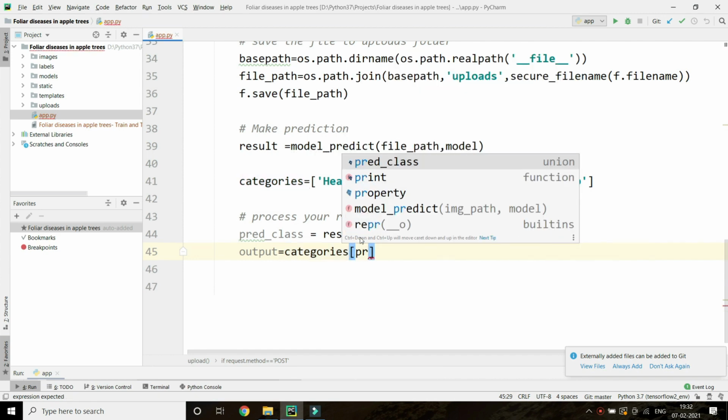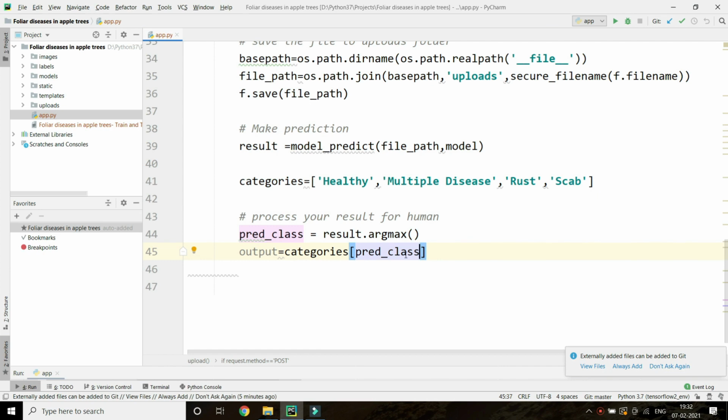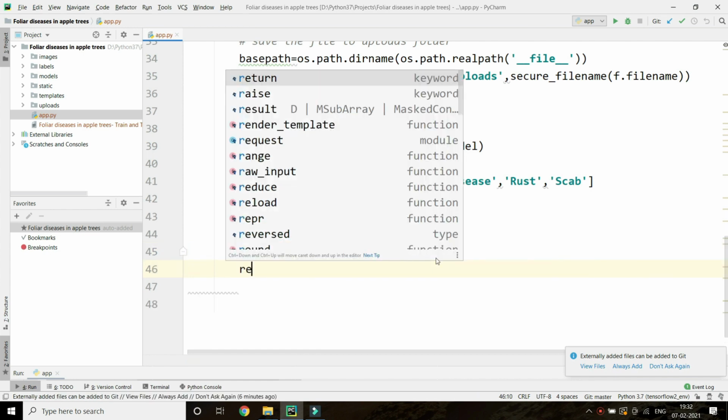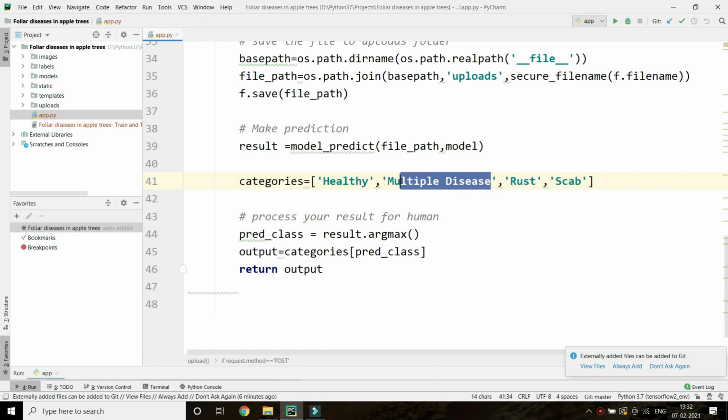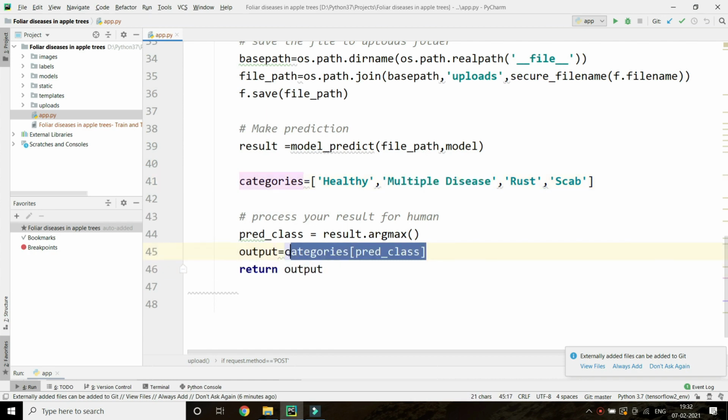If predict class gives 0, it will look in categories for what is 0, healthy, and this healthy term will be stored here. Let me explain again: if predict class comes as 1, multiple diseases, then in categories the first index is multiple diseases, so that full word will be stored in the output, in human language form.